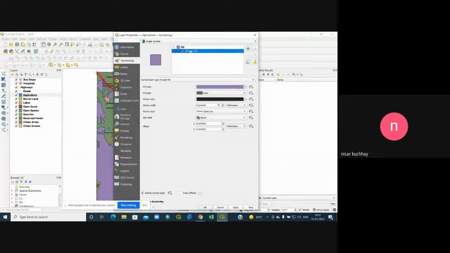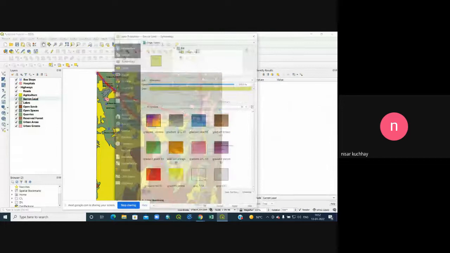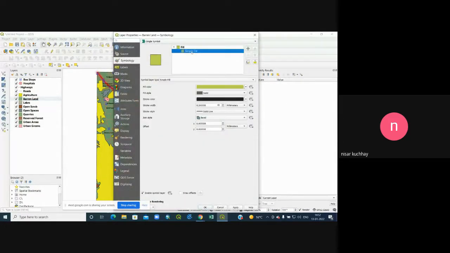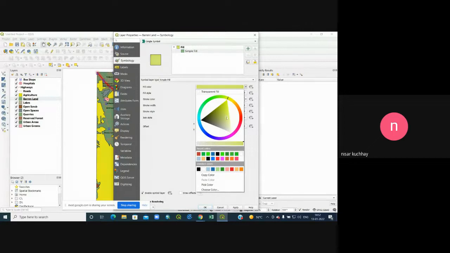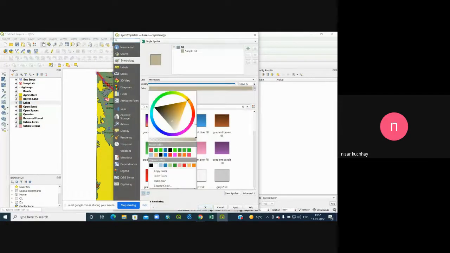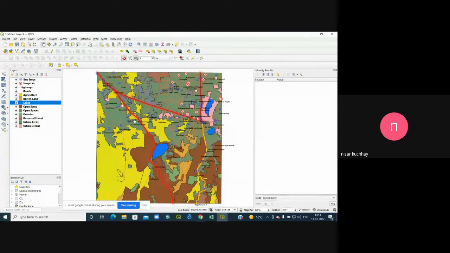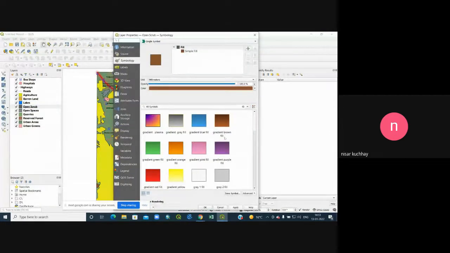Here, I will click on this. Fill color, I can change. For example, I want this color. Then for barren, I want a color. I want some color in some brown shade, for example. From here, I can adjust. Apply and OK. Then lakes, water is blue, so I want blue color. So apply, OK. So then after the scrub, I want some